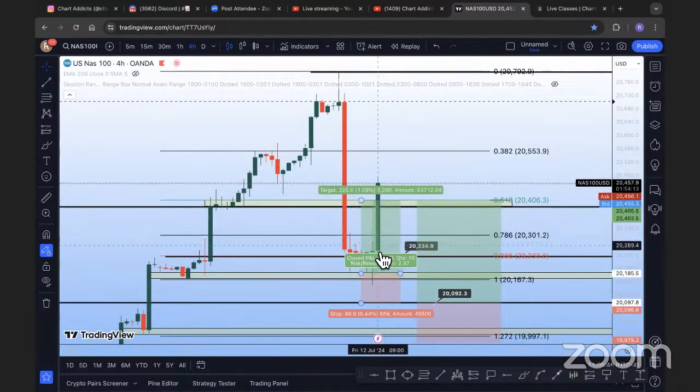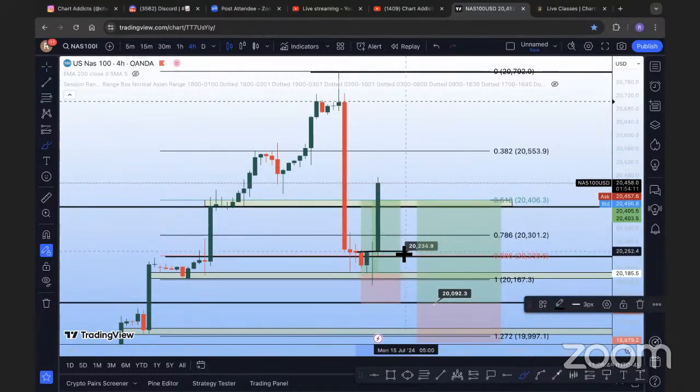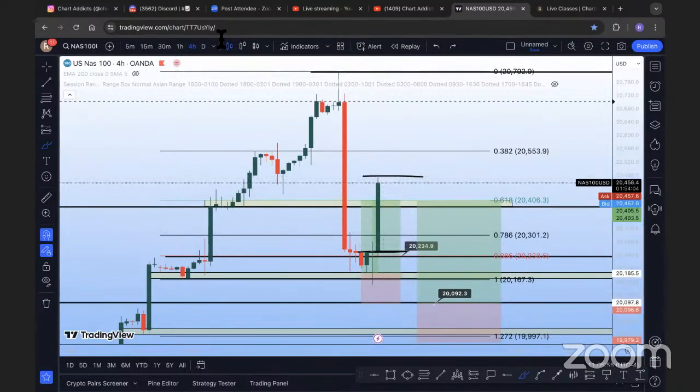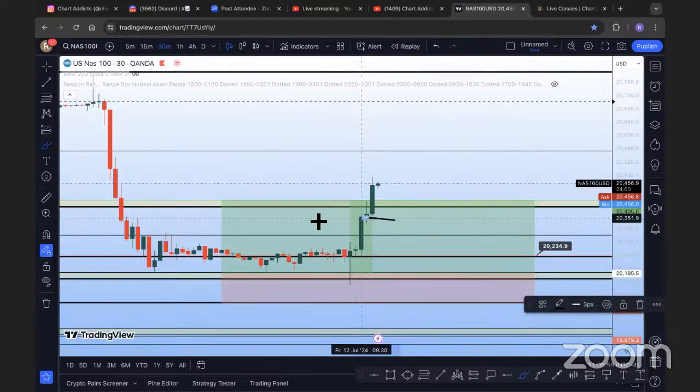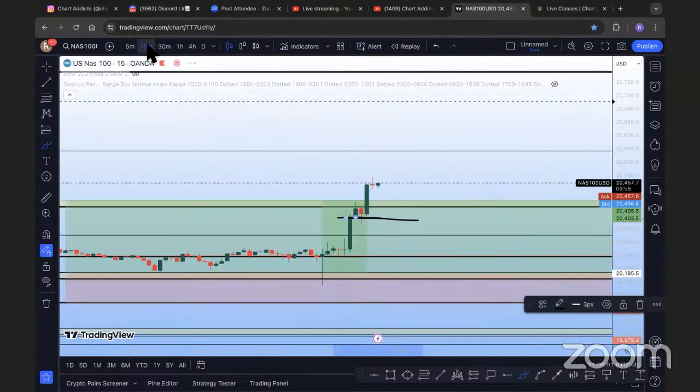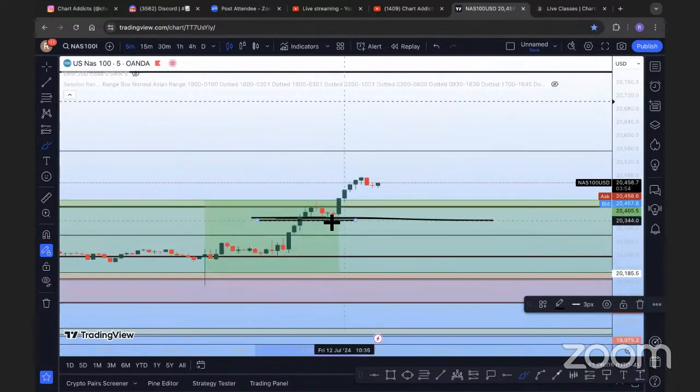This is a big candle. There's no anchor. The only anchor I have is down here. This is like the support. This is the high. So if I want to wait for an 88.6, I have to do all this, right? But that's where we hop into the smaller time frames and we're like, whoa, whoa, whoa. Okay, there's a local support here. Okay, that local support is starting to get a little bit better and better. Okay, that's what I'm talking about.